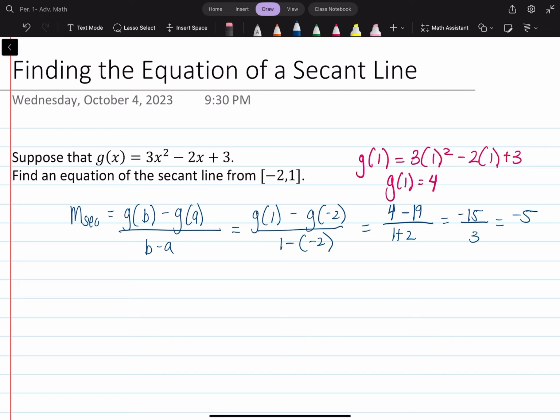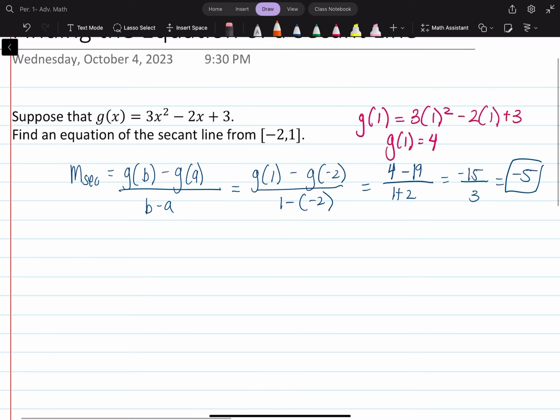Now, that is not new to us. We have already identified those average rate of changes. So now what we're going to do today is find the equation. So all we have right now is the slope. We need to now find the equation. So to find the equation, we're going to use something called point slope form. You may or may not have learned this in Algebra 1. However, point slope form